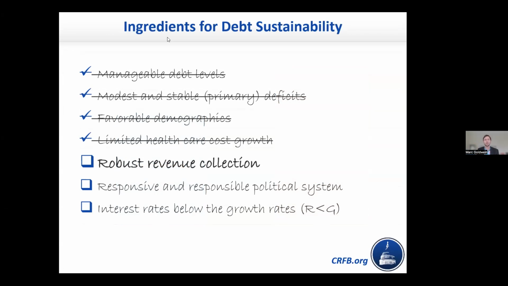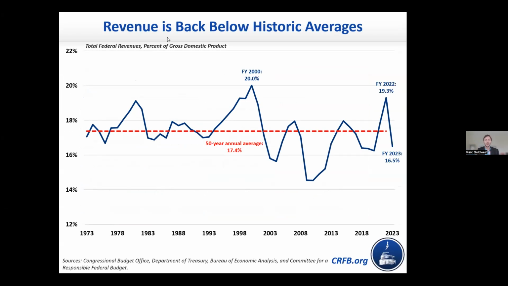Which brings me back to my next point. A country that had a large and expensive Social Security and healthcare regime could afford it if they were bringing in enough revenue. But we are not. We had one great revenue year in 2022. The last great revenue year we had before that was in the year 2000. But typically, we collect 17.5% of GDP in revenue, which is way below what we spend.